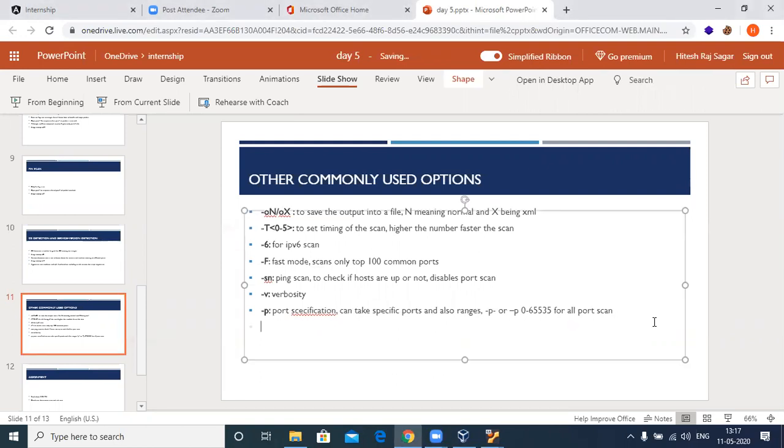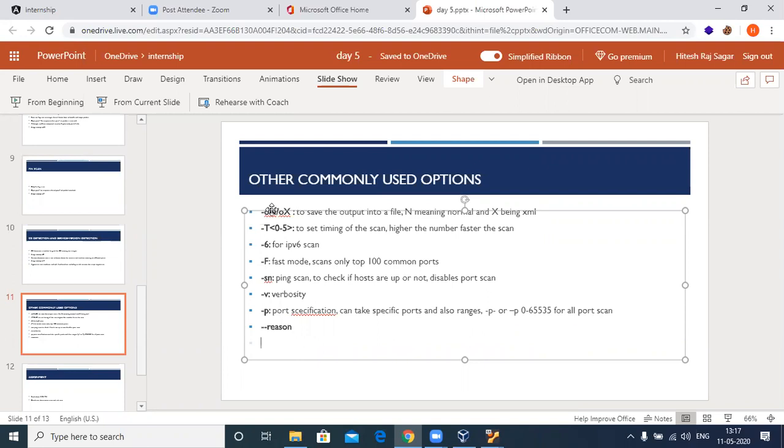So let's see some other commonly used options with this thing. Let me add one more. Okay. So -oN, -oX, or you actually have different other options too, -oS or -oG. Let's leave -oS and -oG and talk about -oN and -oX, small o, capital N. This is different from the capital O we used.